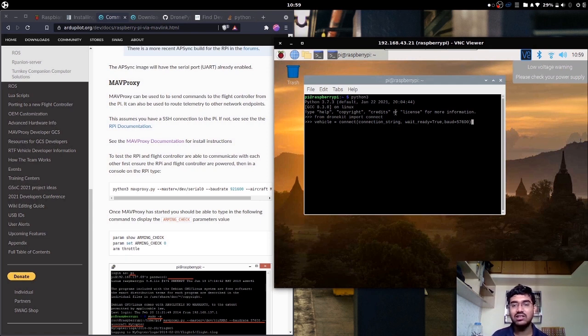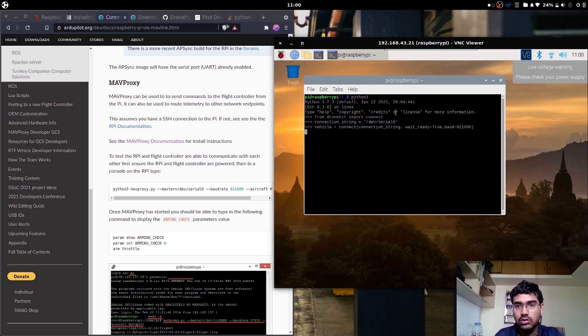The connect string is the string in which you specify the port which is open. In my case, the connection string will be the serial 0 port. So I'll enter. I'm storing the connection port over here. Next, I'll try to connect, and my baud rate is 921,600.